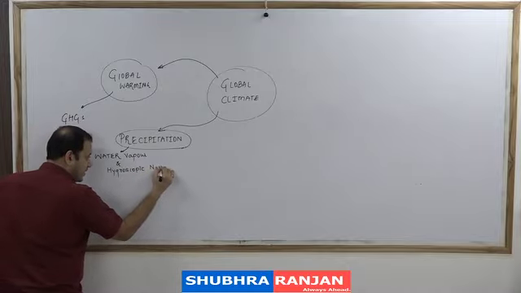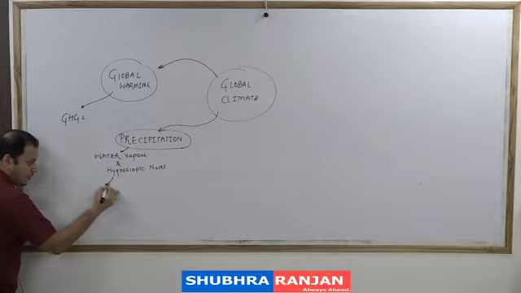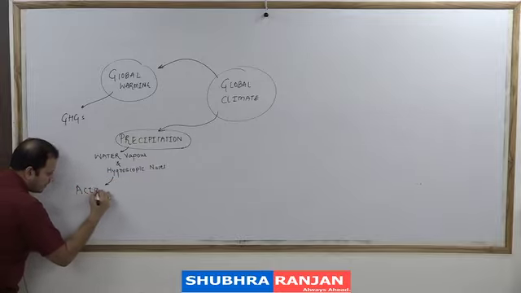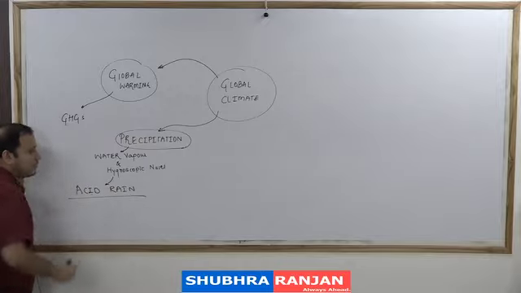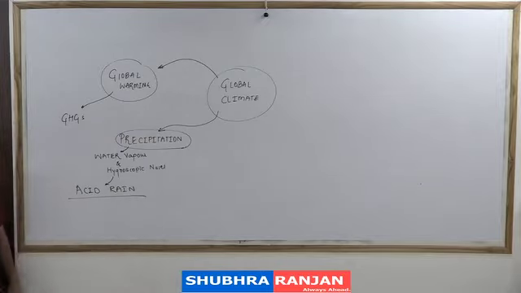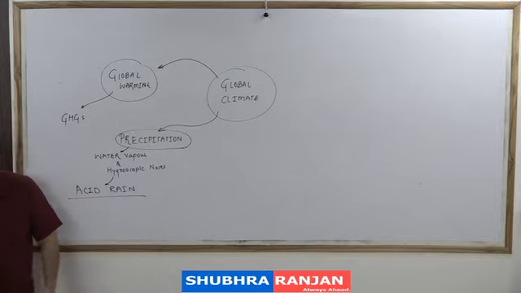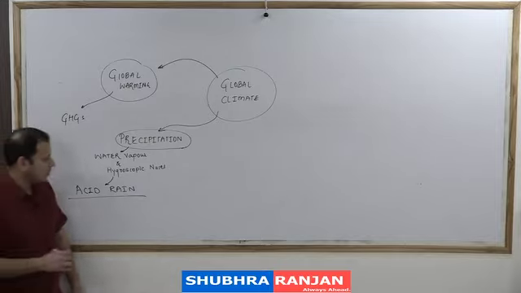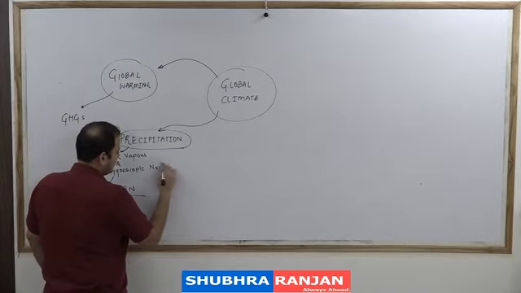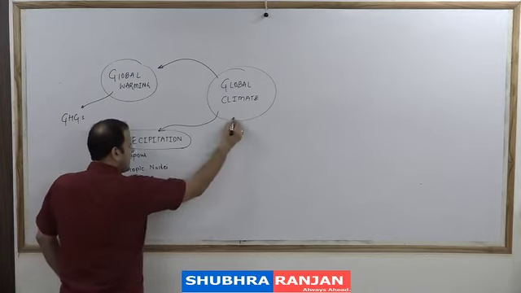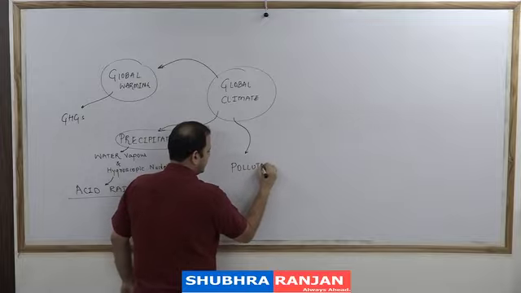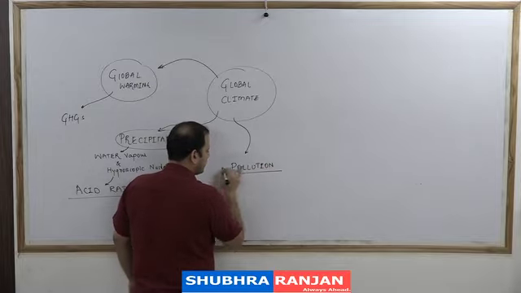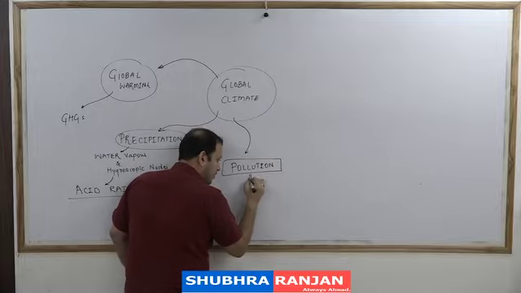But this rainfall, due to the presence of pollutants, will be in the form of acid rainfall. Have you mentioned acid rainfall? Yes, this rainfall will be in the form of acid rainfall. Hygroscopic nuclei, that is cloud droplets. Have you mentioned pollution? Why pollution? Because of